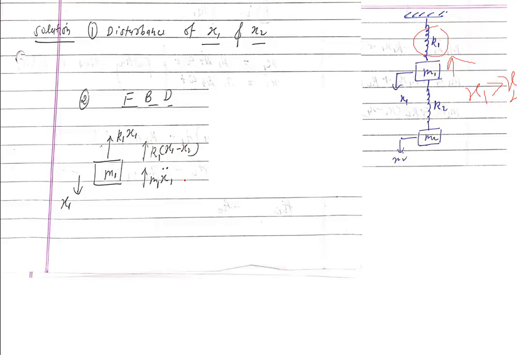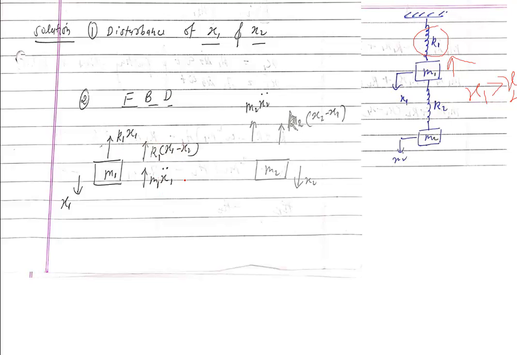So the total forces are in the upward direction. Now we are going to see the free body diagram of the second mass also. This mass is going downward by x2, so only the spring force is applying on this mass. As the mass is going downward, this spring will apply a force in the upward direction, because this spring is stretching upward to the mass m2. So m2 x2 double dot because of D'Alembert, because D'Alembert force is opposite to the motion of the mass. So m2 x2 double dot, and this spring force is k2 x2 minus x1.